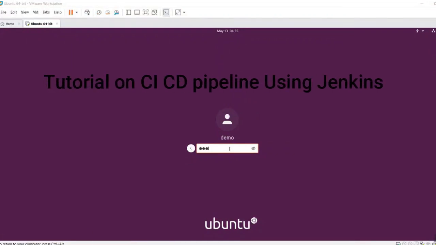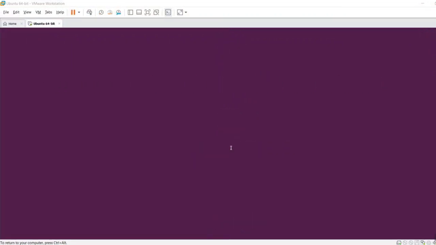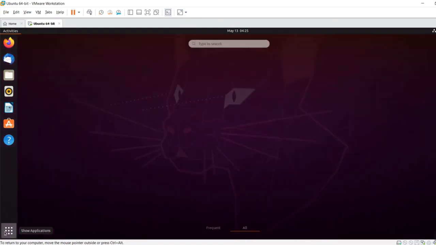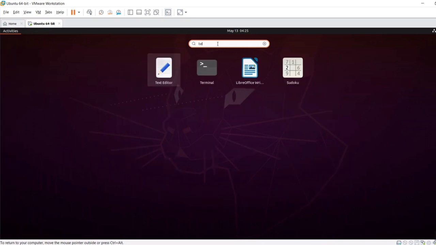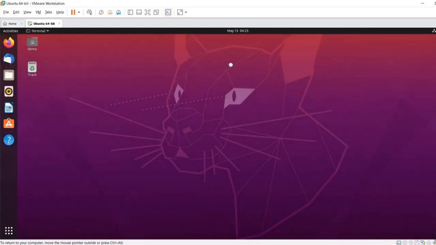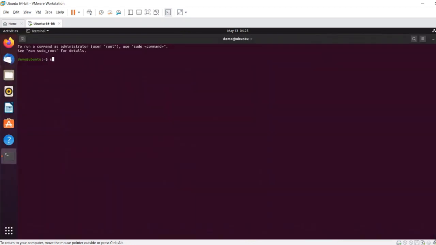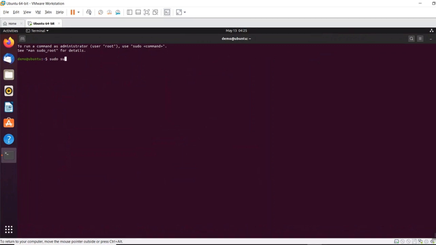Today I am going to install Jenkins on Ubuntu latest version, that is 20.04 as of now. And then I'll go to my terminal once I log in. So I had to become a root user, sudo su, and give password. After that I had to update. For that, apt-get update -y. And then I had to wait till it gets updated.